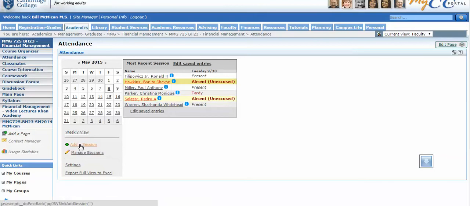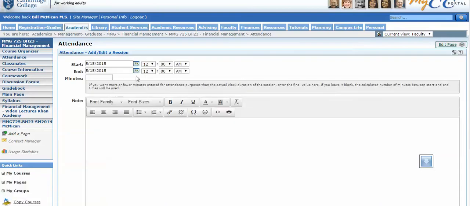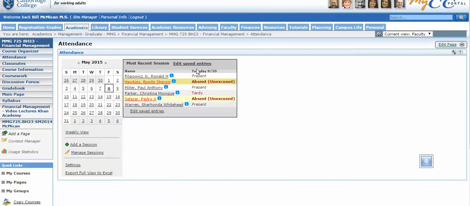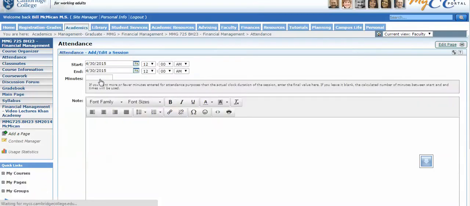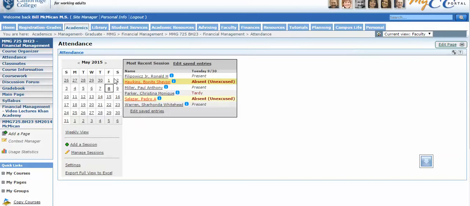You can add additional sessions if you need to do so. Taking attendance is fairly quick in this system. You simply go back here. You simply get a list of students and it defaults to present, and you just hit save. There'll be a box for every time your students meet, and normally that box stands out in bold, so I only have one meeting here at the 8th showing up